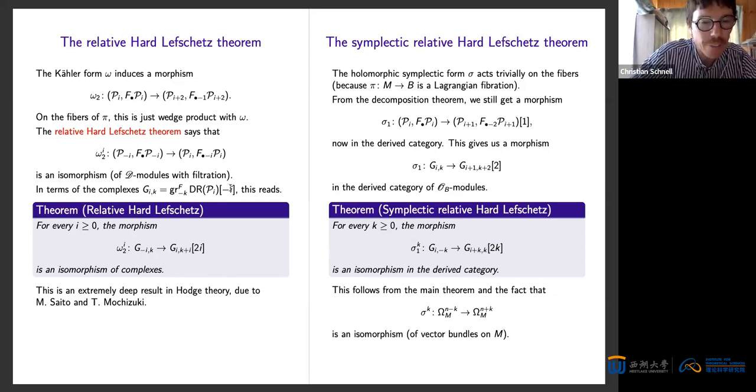So the relative Hard Lefschetz theorem, which is this difficult topological statement, has an analog for the action by the symplectic form, the symplectic relative Hard Lefschetz theorem. And I have one little slide to sort of say how it's related to the main theorem. So,